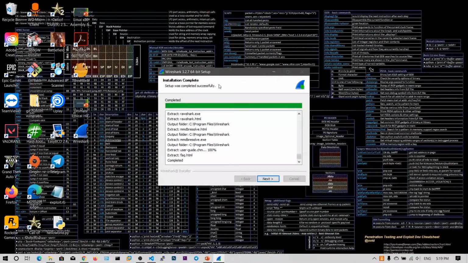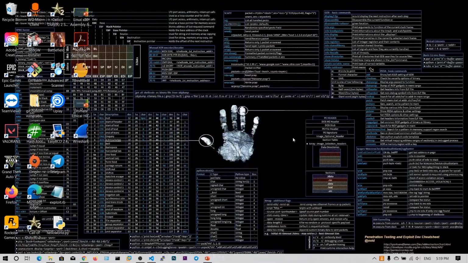So my Wireshark installation has also completed. Click on next and click on finish. Okay, now I'm going to launch Wireshark.